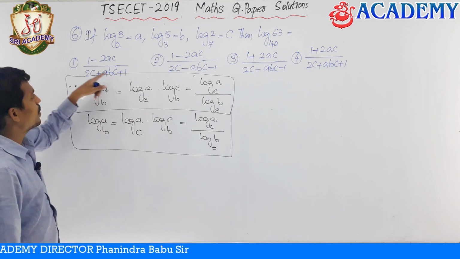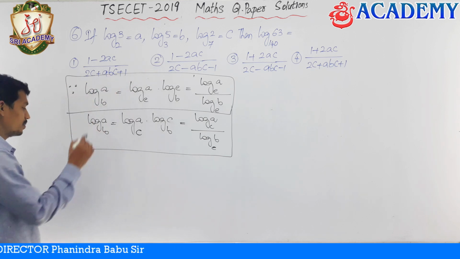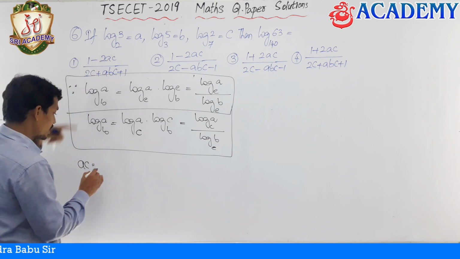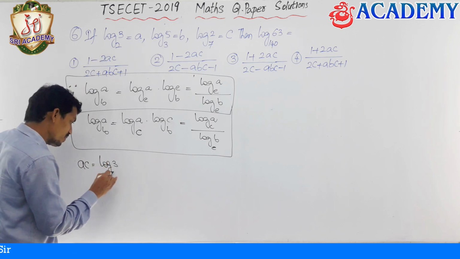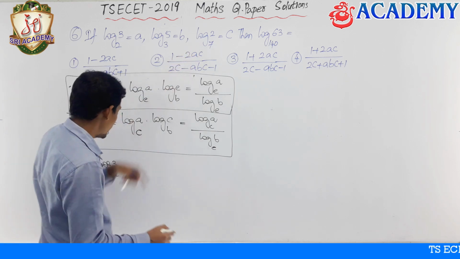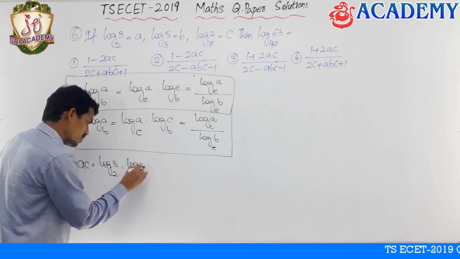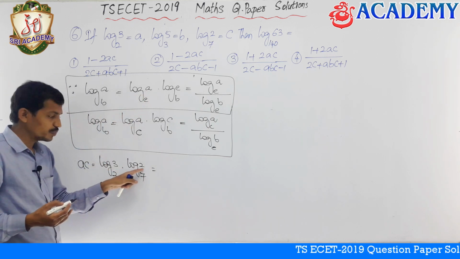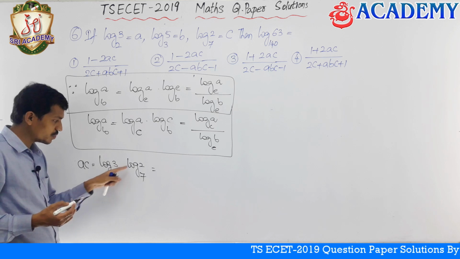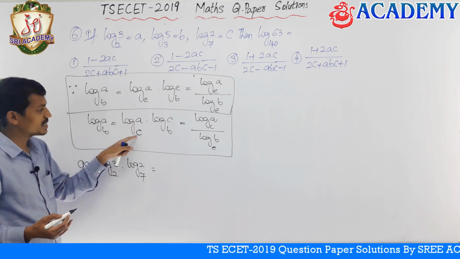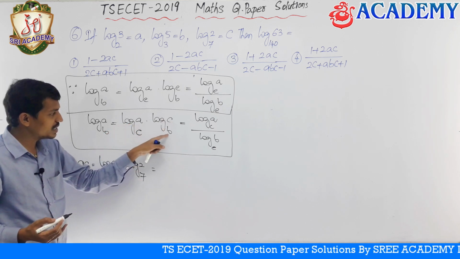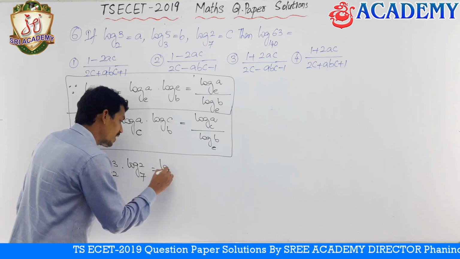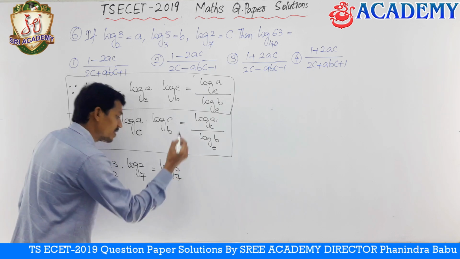Here see, I am having 2ac. For that I am writing ac first. a is nothing but log 3 base 2, into c is nothing but log 2 base 7. Now see here, like this. Here we are having the other value 2. Same, log 3 base 2, log 2 base 7, that is log a base c, log c base b. Means indirectly the same value is going to be cancelled. Same thing, log 3 base 7.